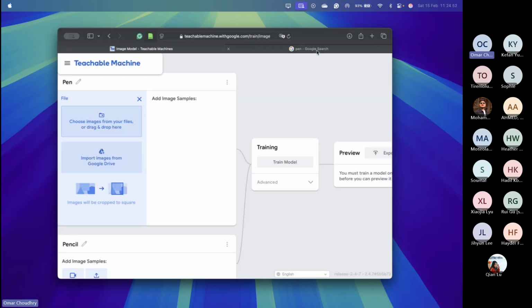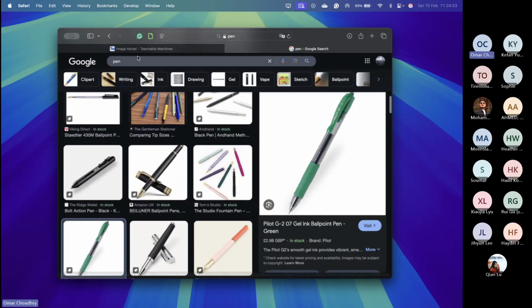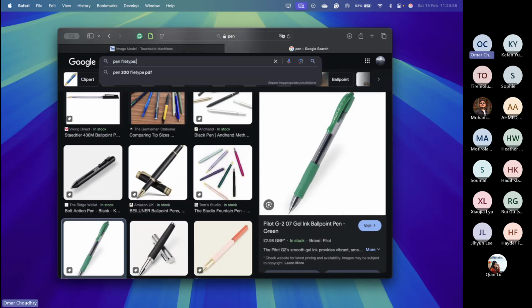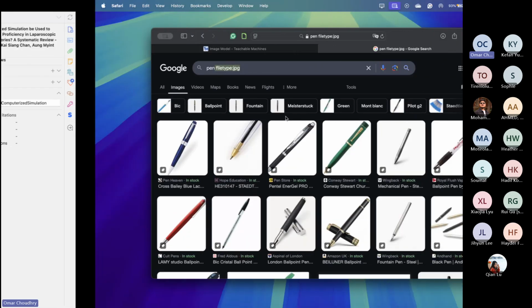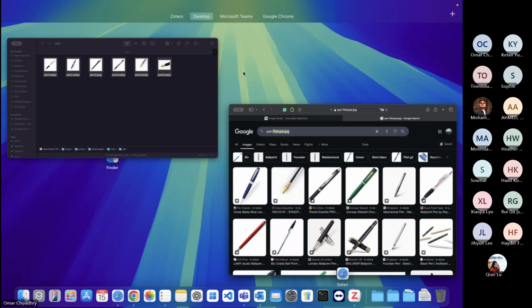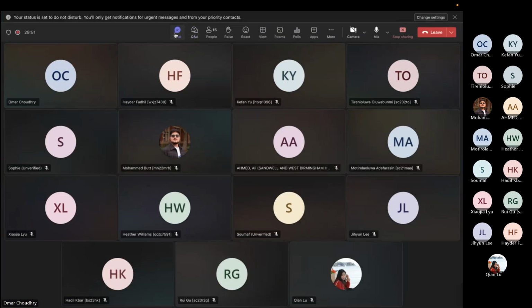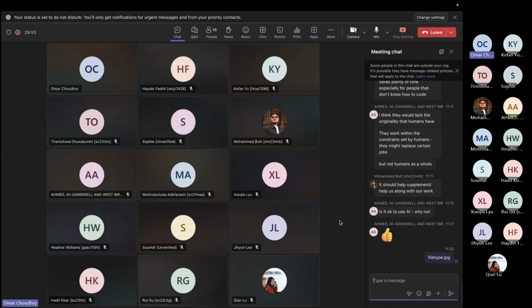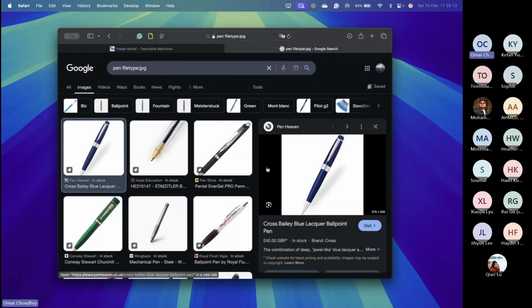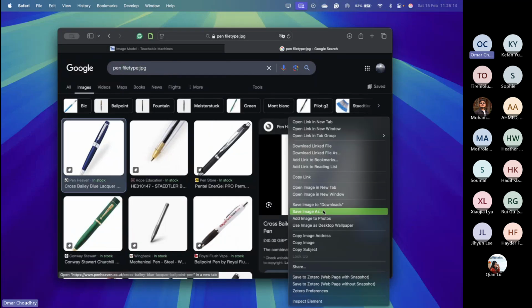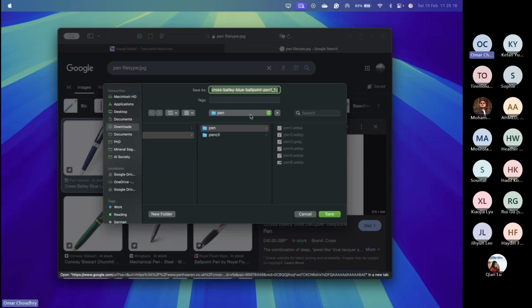Oh, so it looks like WebP files won't work. So the way to get around that is if you type in file type, so I can put this into the chat too. You can use this to get specific images that are JPEGs.